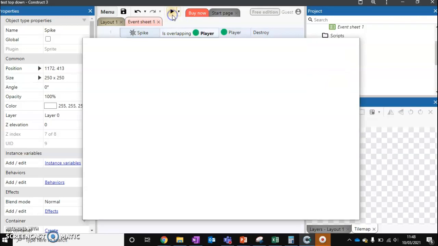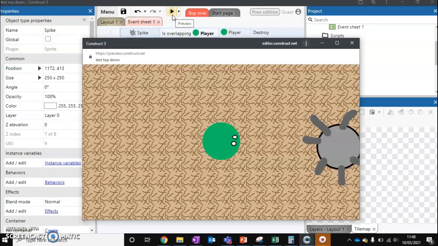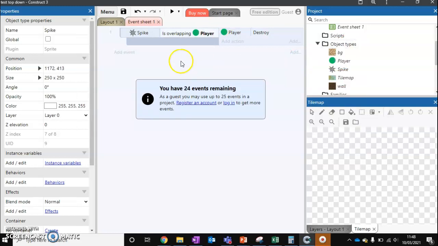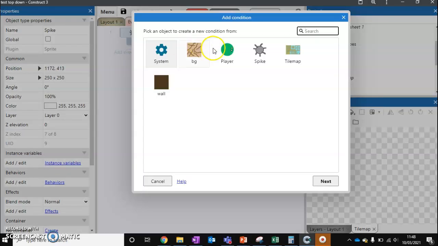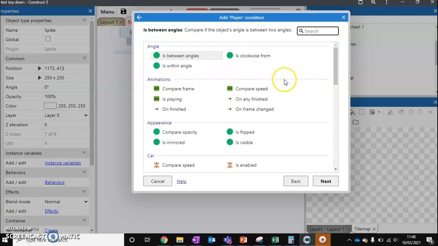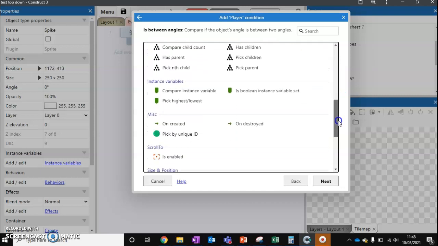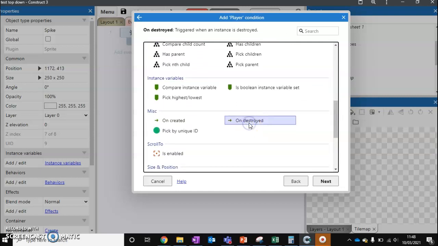So let's test it. So now when our player touches the spike, our player has been destroyed. But that's not the best because our player is now gone. So what do we do now our player is gone? So we're going to add a brand new event and we're going to place it off our player. I'm going to check if the player has been destroyed. So on destroy,